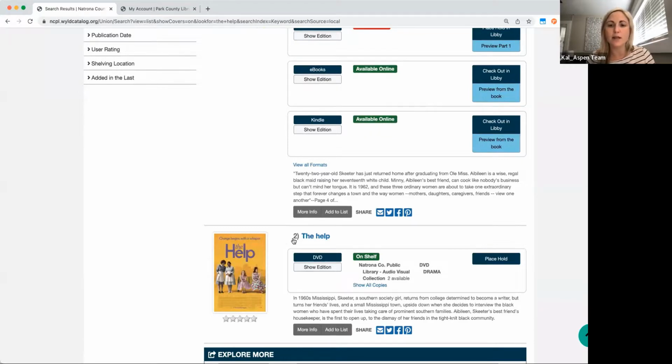But you might see in this case that if you had that Blu-ray or if you had that 4K DVD, they would all be grouped together on a work. So we're looking for, again, the same title, the same author, or for a DVD, the same movie production company, like Paramount or something that produced the thing. And then also any related formats, we tried to group them all together.